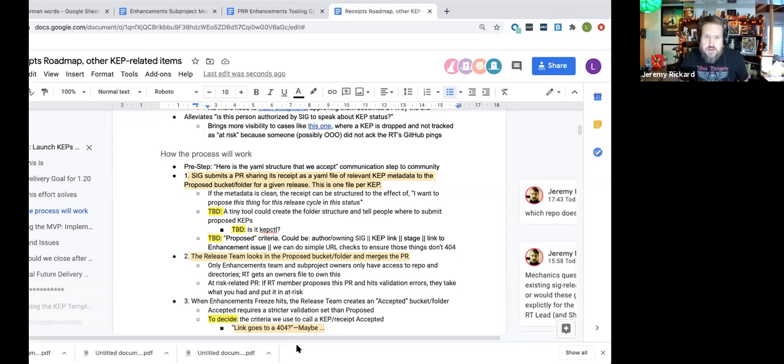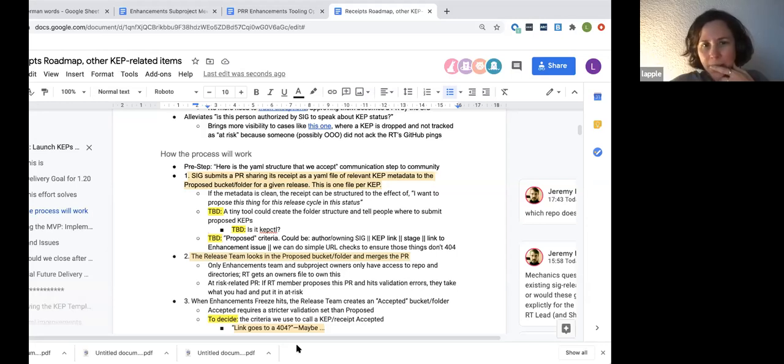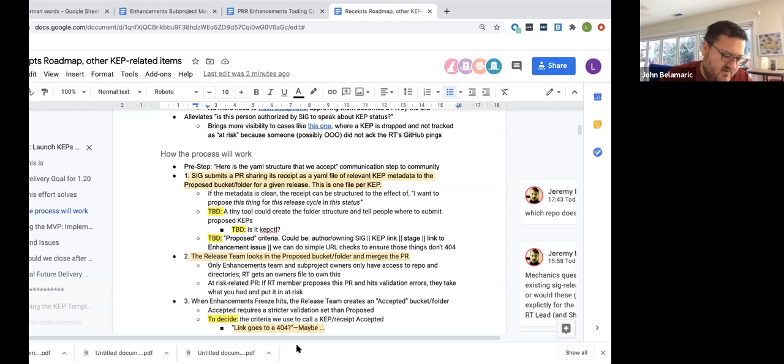Mm-hmm. Yeah, and I think that's a good goal, because if you want these SIGs to become sustainable, in terms of what they're preparing to release, what they're working on, and how they're organizing what they work on, this is a good boundary to set. It's making them talk. It's making them communicate.